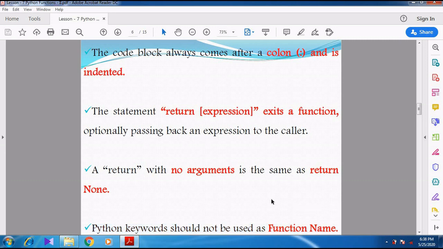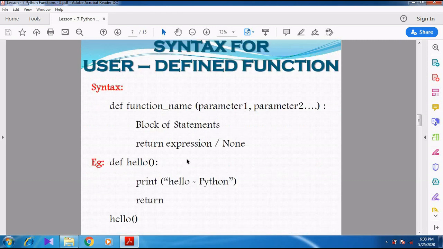Right. Then next we are going to see the syntax for user defined function, and then we can see the example. First of all, we give the def keyword, for definition. Then the function name should be given. After the function name, we give the parameters inside the parenthesis. One or more parameters can be given, separated by commas.